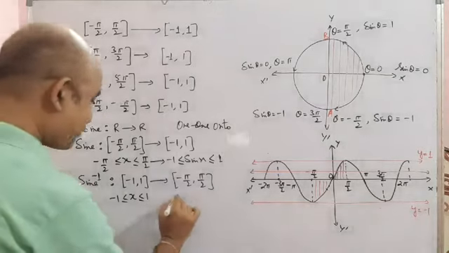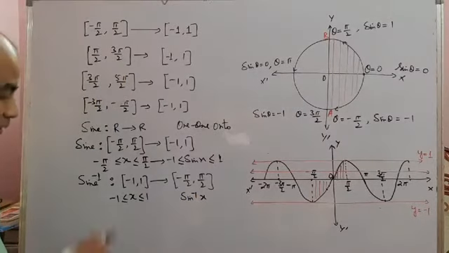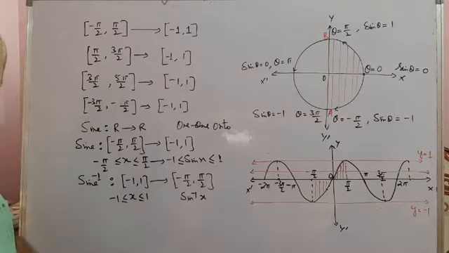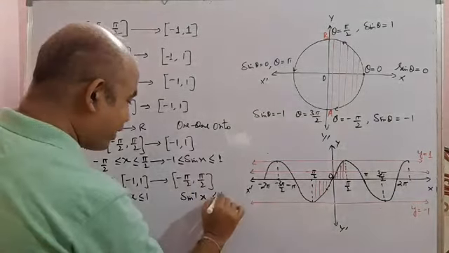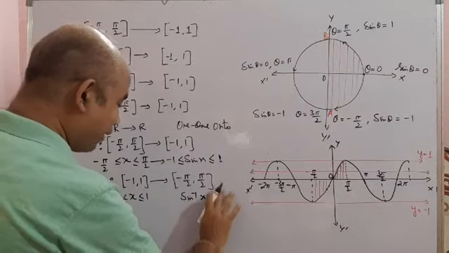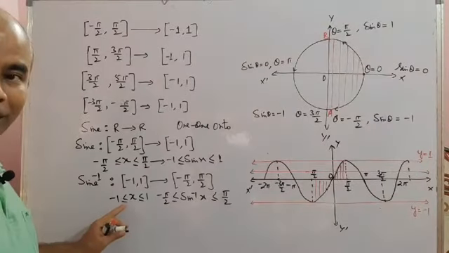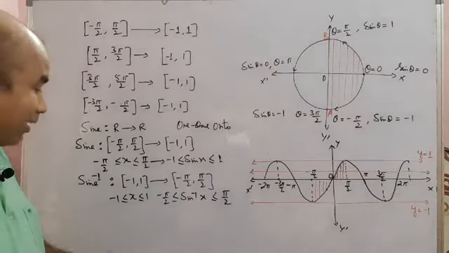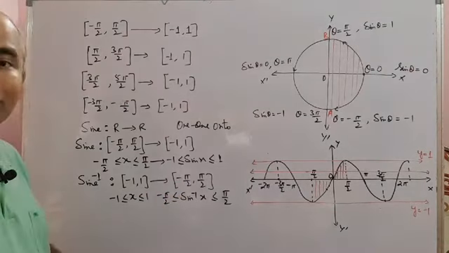Now here suppose we have the image of x, so sine inverse x is here. This sine inverse x is an element of this codomain, because images are elements of the codomain. So sine inverse x is also a number, an angle or a value between minus pi by 2 and plus pi by 2. That means whatever x you take, any real number between minus 1 and plus 1, when you find its image by the sine inverse function, that image is a value greater than or equal to minus pi by 2 and less than or equal to plus pi by 2.